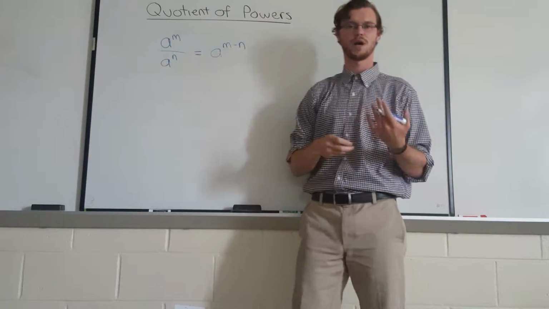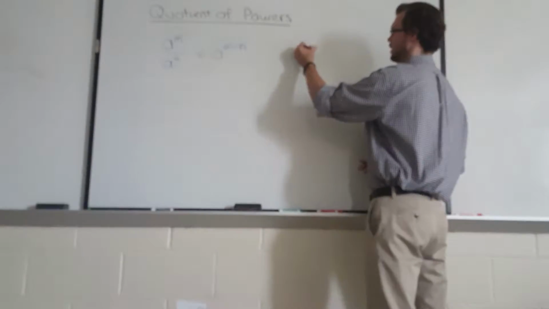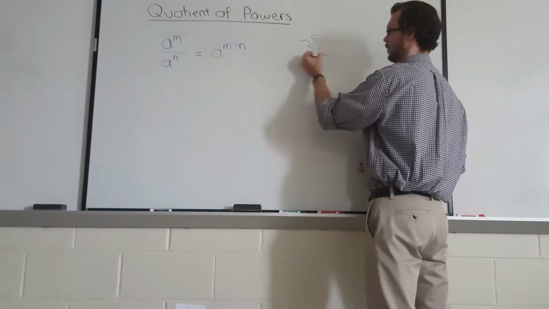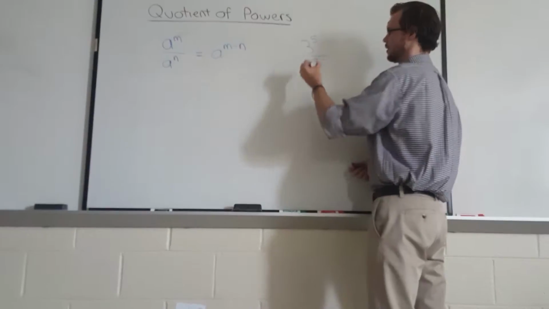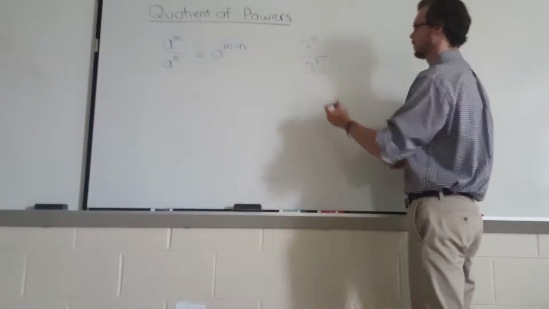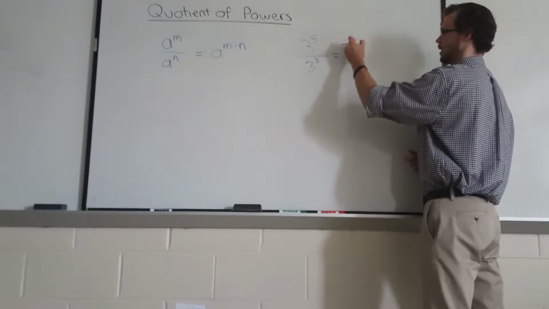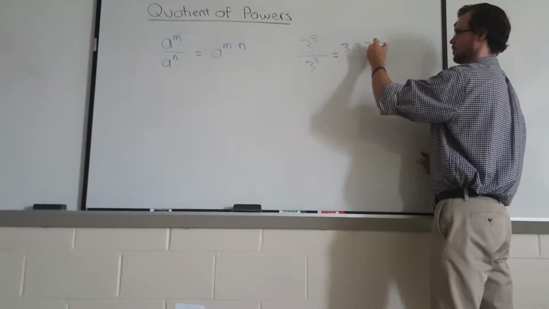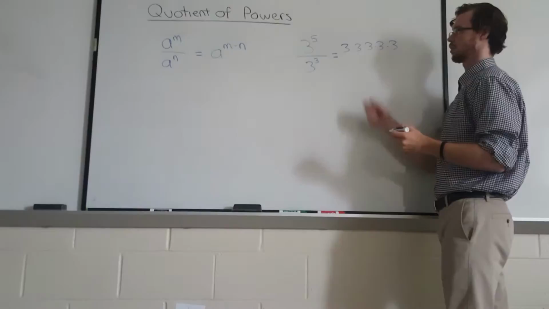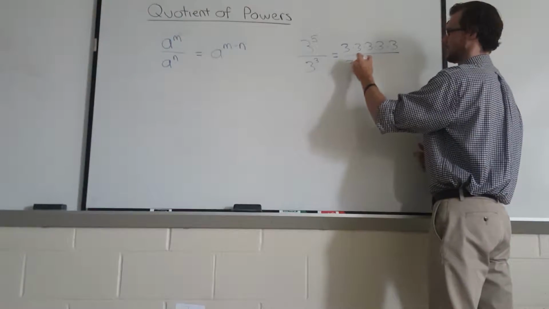Now again, I'm going to show you why this rule works with an example. Let's go 3 to the 5th over 3 to the 3rd. So why am I allowed to just subtract my exponents? Well, I'll show you by expanding it like I did in the last video. This is 3 times 3 times 3 times 3 times 3, 3 to the 5th. On the bottom, I have 3 times 3 times 3,